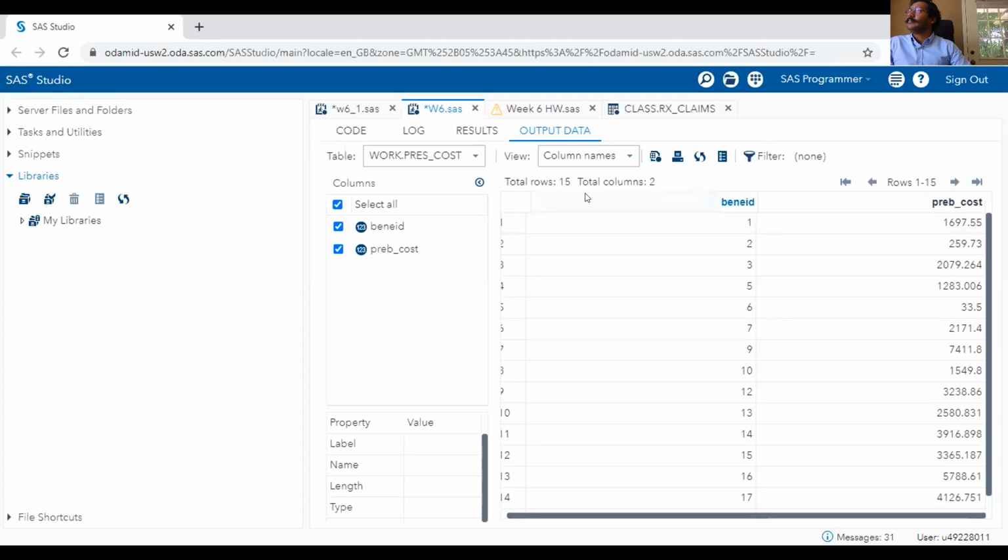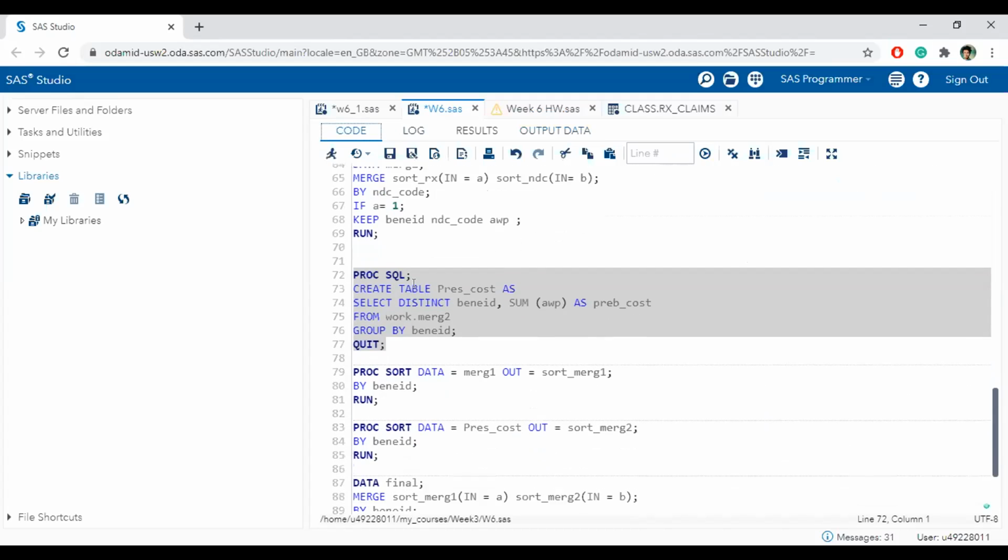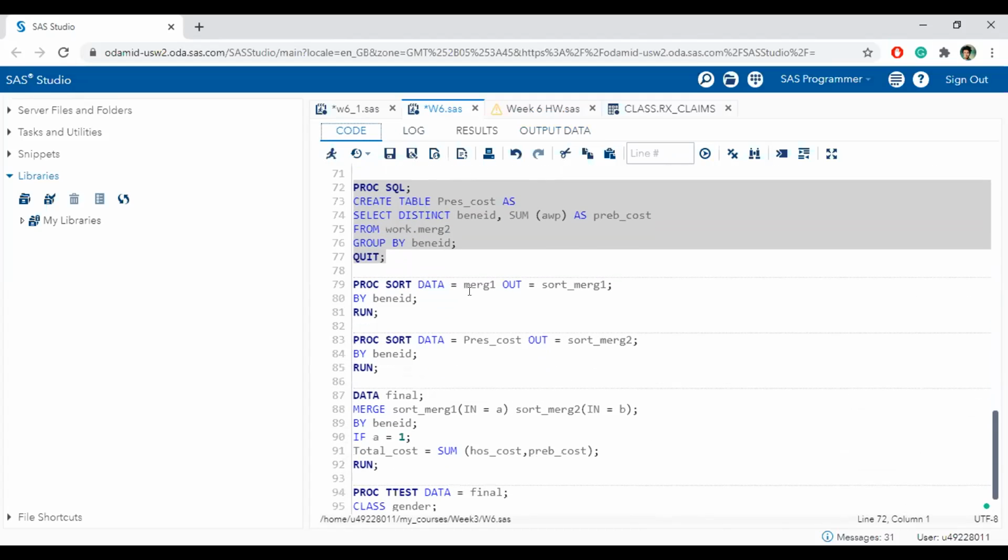For now, there are 15 Beni IDs. And as my last step, I merged the first merged data and the prescription cost.